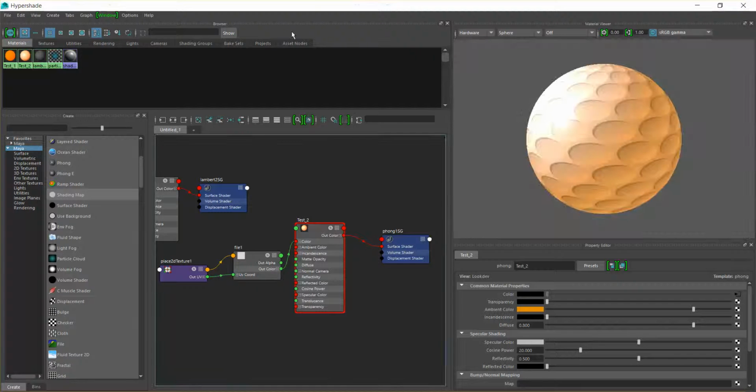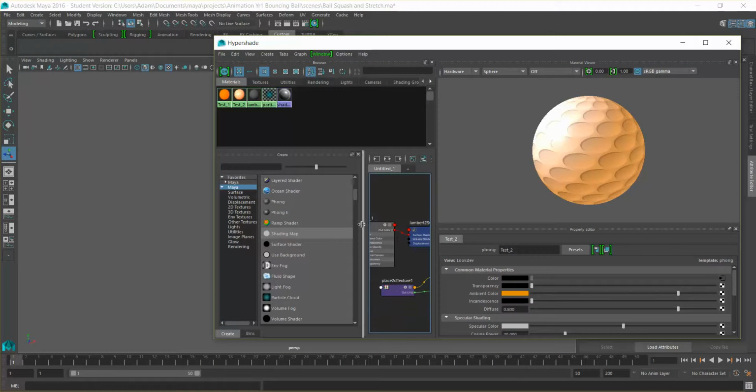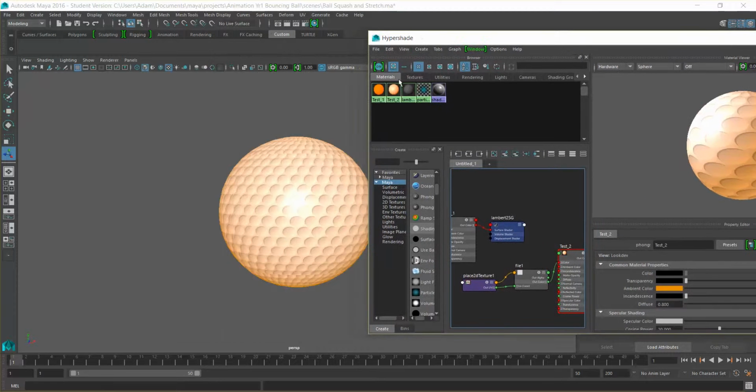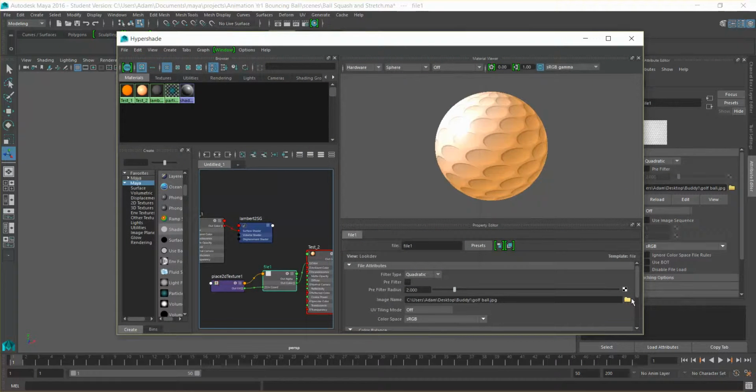So if we go back to our Hypershade, I'm actually going to change this material. I've got something else that I want to throw on this. I'm going to quickly undo the UV edit that we did. No, actually, I'm going to keep it. Yeah, let's keep it. Right. So we're going to go back to our file, and I'm going to add in another file that I have